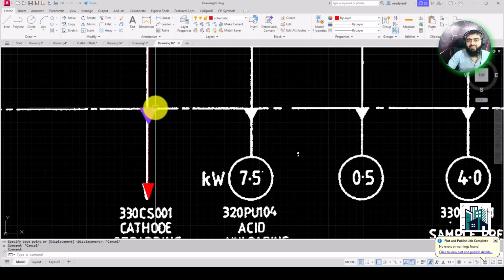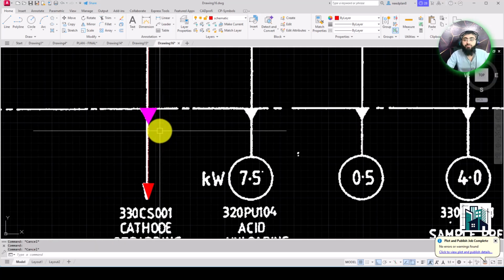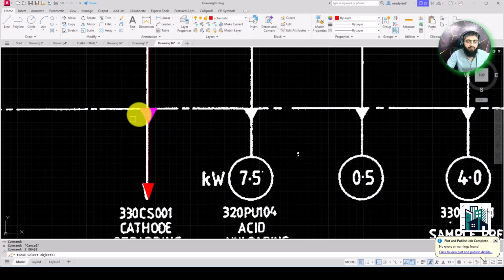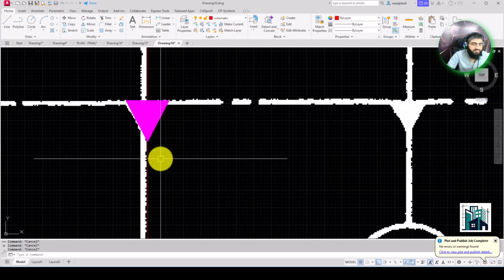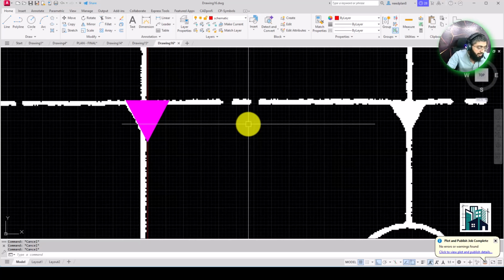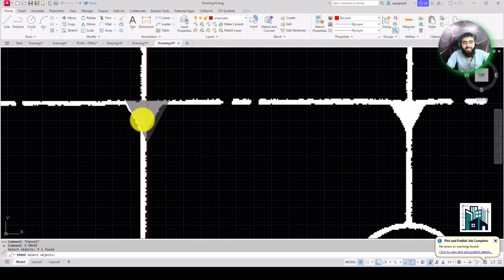I just selected this last time, so I'm going to make the erase command for this, like E enter, but it's saying you'll have to select the object, but we have selected this object previously, so I'm going to type P for previous, enter, and then that will select the previous object which I have selected previously, like E enter, P enter. So it selected the object and then again enter.